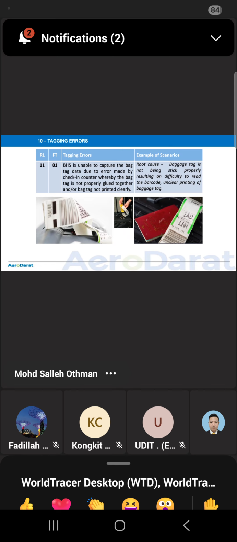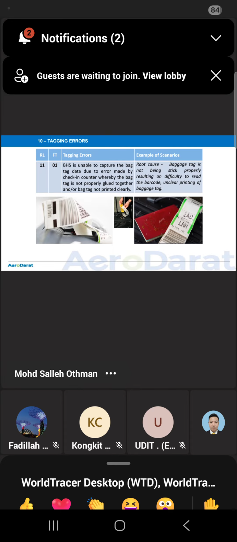He has to be there to check all the kiosk or the SSBD. It is still the responsibility of the check-in counter staff. So they have to make sure all the items, all the property or equipment works properly before you start your job. Okay.